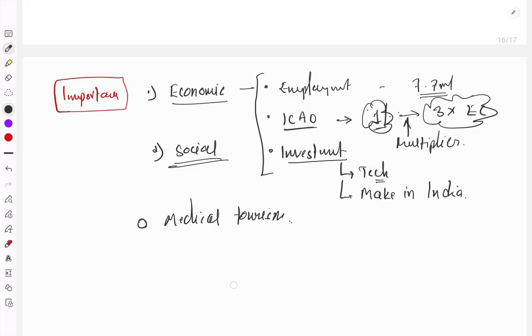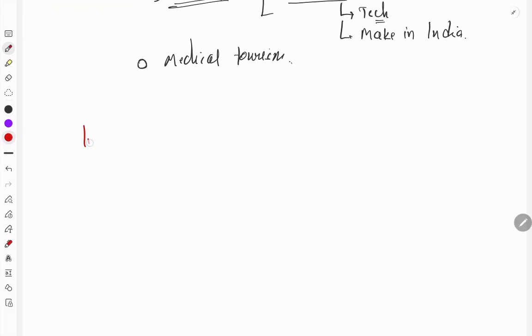Now, what important initiatives has the government taken? Because of this, we have seen a significant jump in the progress of the aviation sector. Udan scheme you must have heard. Ude Desh Ka Aam Nagrik, on which UPSC asked a question on this particular topic. Udan scheme was to link tier 2, tier 3 cities or small cities with airports and flights, providing flight service at an affordable price. Here the government provides viability gap funding. If any gap is there with respect to this project, the government provides viability gap funding.